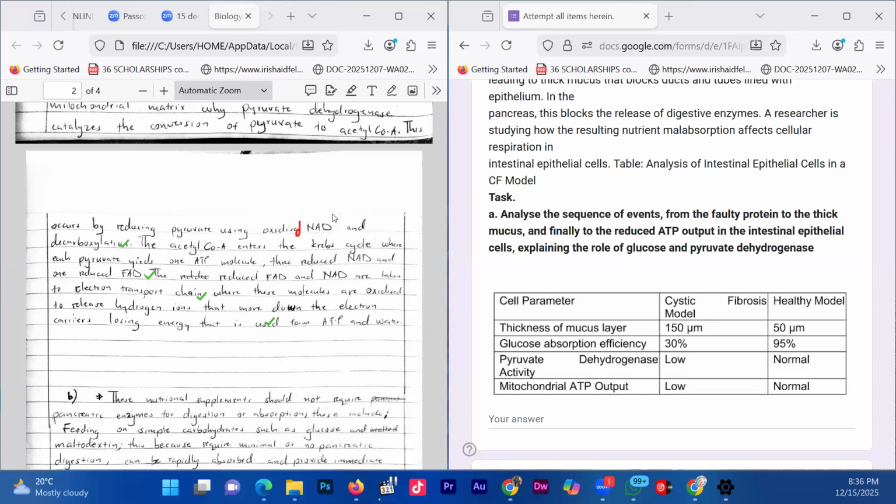Okay, so the thick mucus is a glycoprotein. Are you hearing me? Yes, I'm hearing you. Okay, so I was mentioning that mucus is a glycoprotein. In case the body secretes mucus that is too thick,